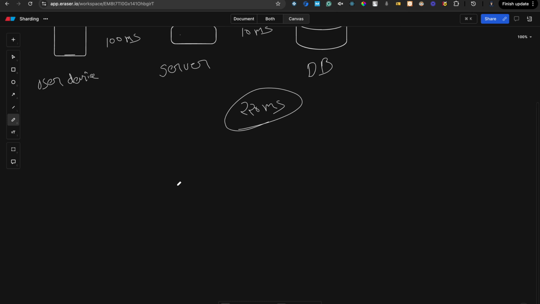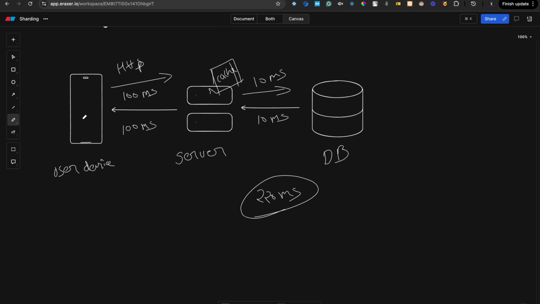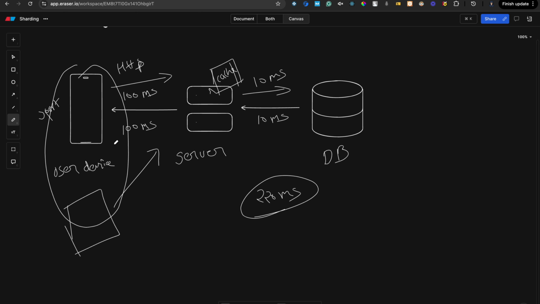So let's suppose that this is the user, right? There is one more similar user. It queries the data from the same DB. What I mean by similar user is, let's suppose that this user is interested in some sport, let's say cricket, and this user is also interested in cricket. So we'll create a group of this type of similar users, and whenever a request comes to the server from this same type of user, we have the data in the cache, and we return the data from that cache to the user.